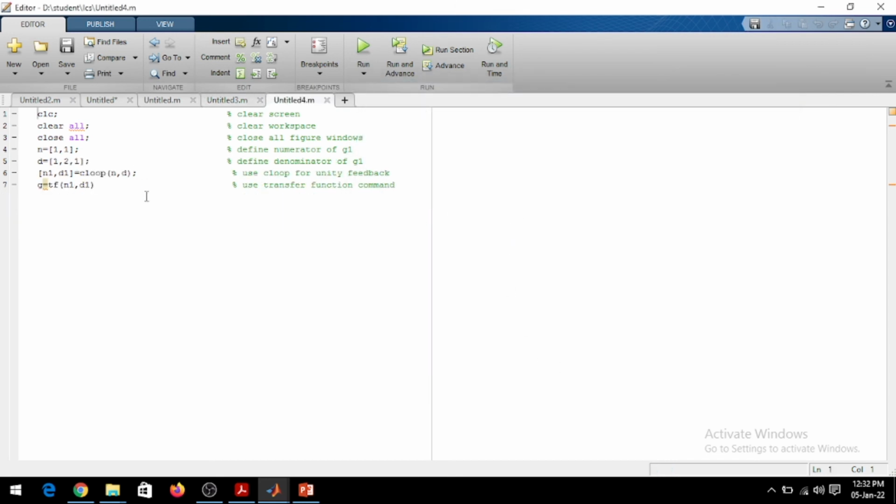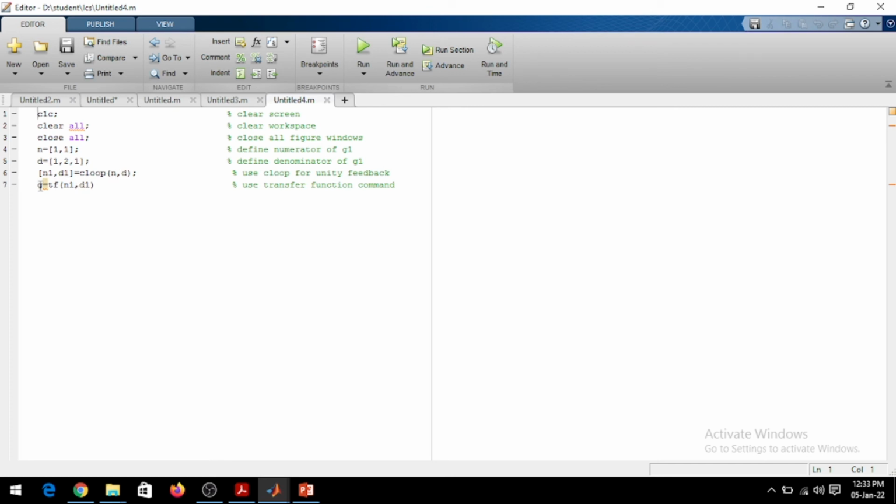Similarly, for unity feedback, this program is unity feedback. So define CLC, clear, close, and then here one command is used, cloop. Cloop means close the loop with unity feedback.